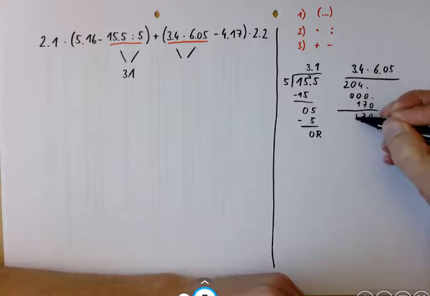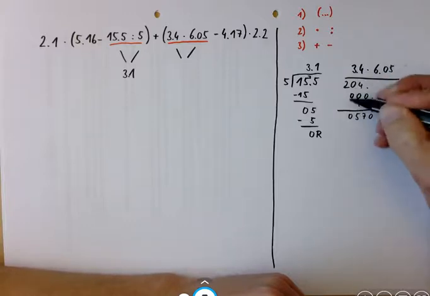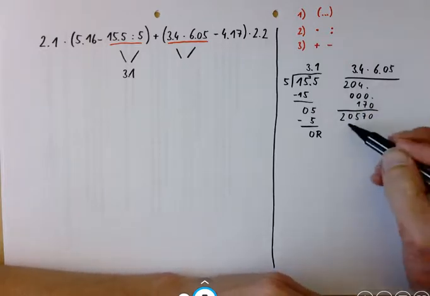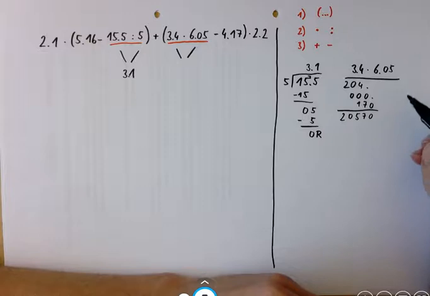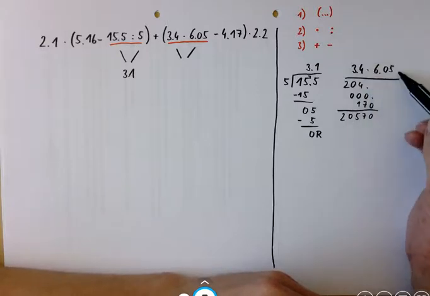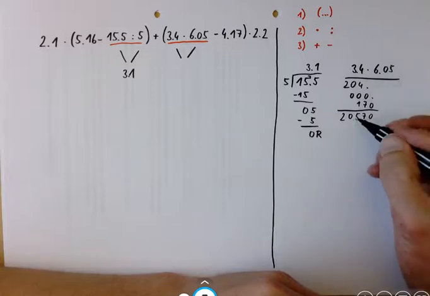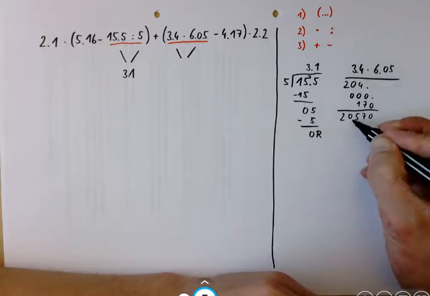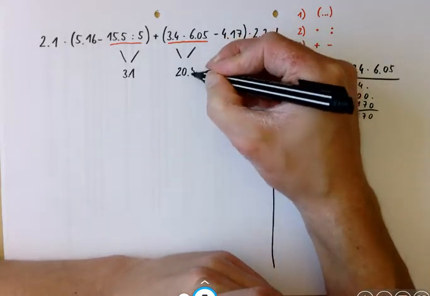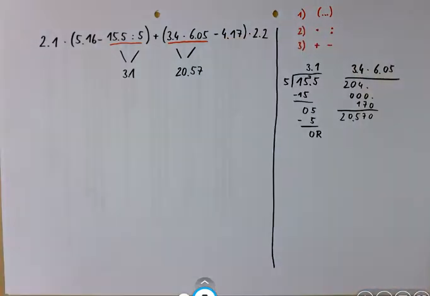7, 5, 0, 2, and remember the result of a multiplication has the same amount of digits after the decimal point as the factors together. So there's 1 digit here and 2 here, so we have 3 digits after the decimal point here. So it's 20.57